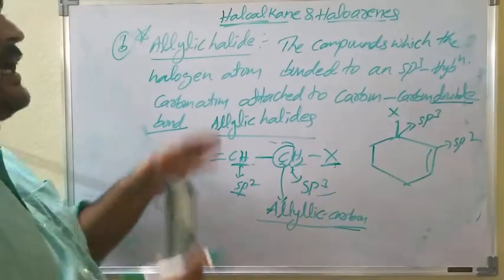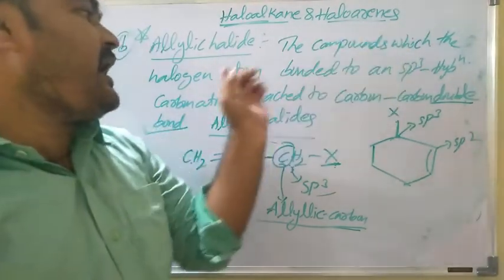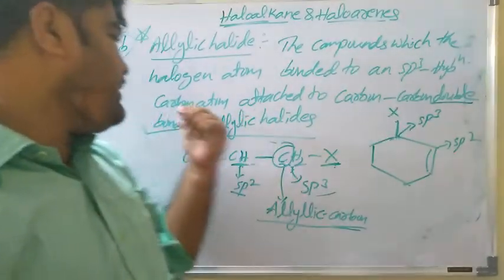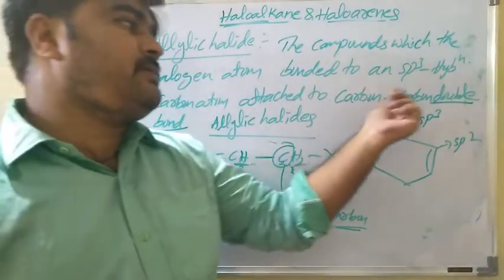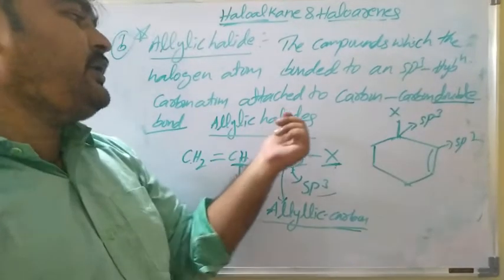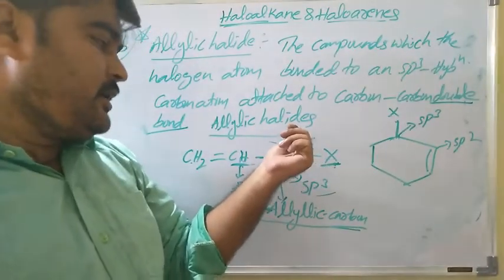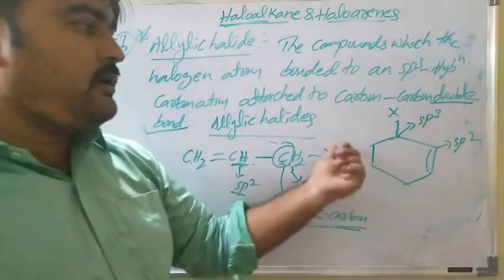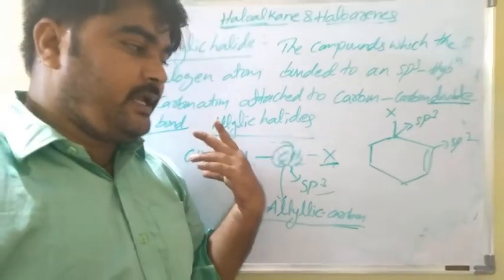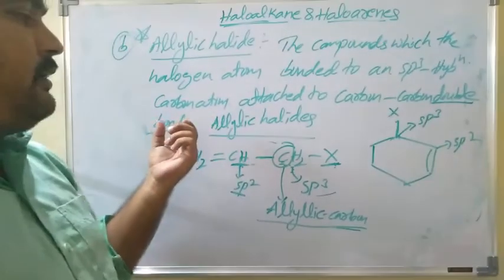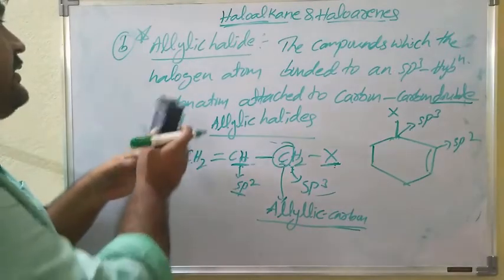So allylic halides means the compounds in which the halogen atom is bonded to an sp3 hybridized carbon atom attached to a carbon-carbon double bond. Very very important for exams, allylic halides. Okay. Next classification,